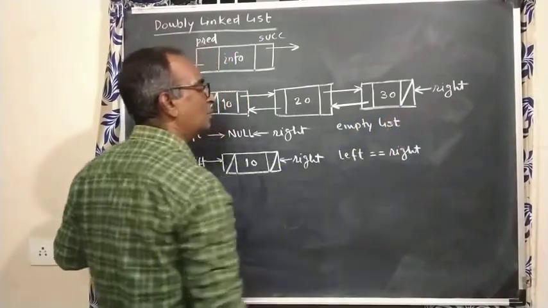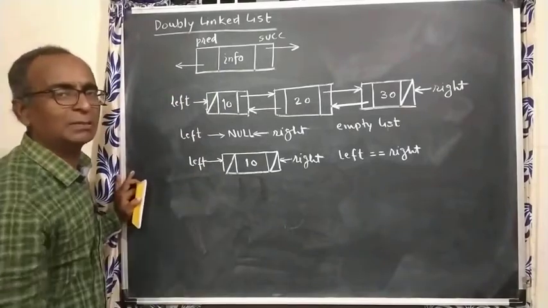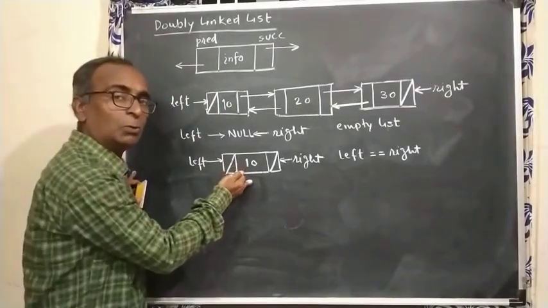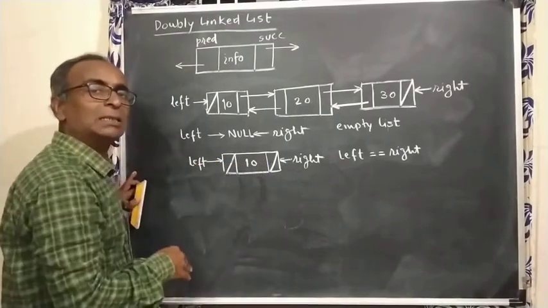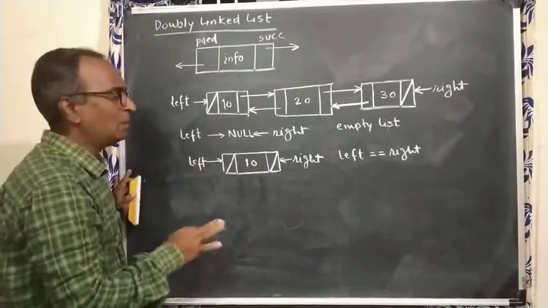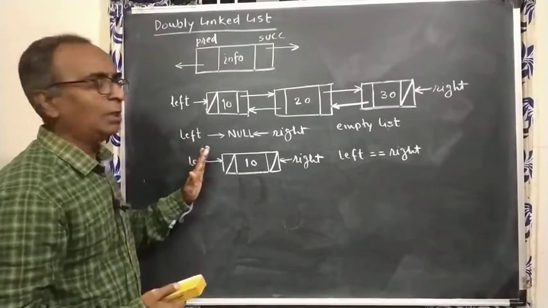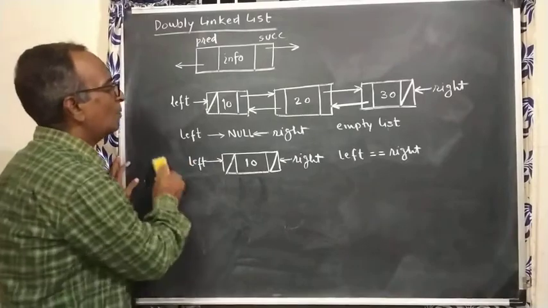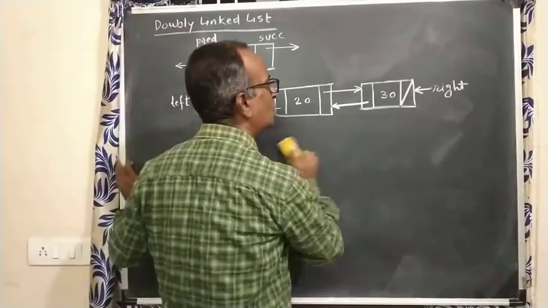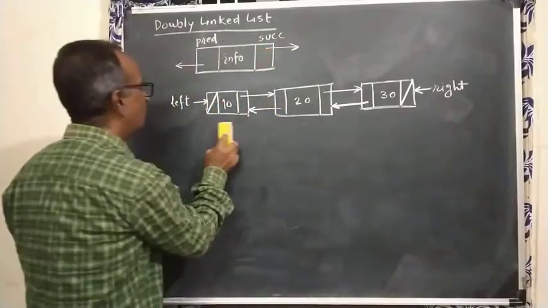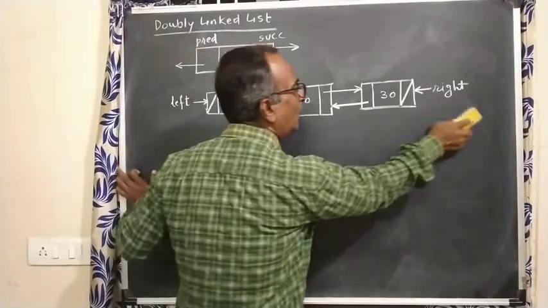These things we require whenever we implement. In case of deletions, we require this only-one-node condition, and if you are deleting that node, you have to change left and right to null. So we'll see all these things. These things we should know. Now we'll see simple operations first, so that how to write operations on a doubly linked list will be clear.